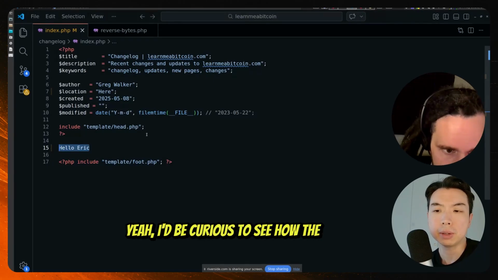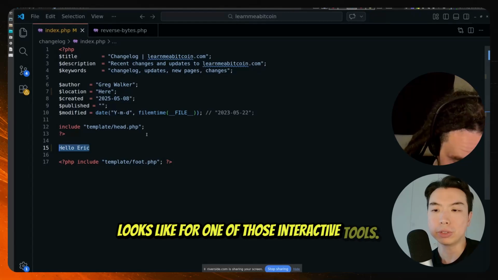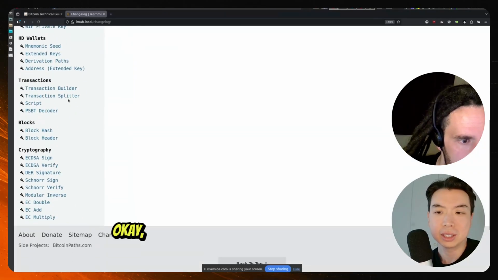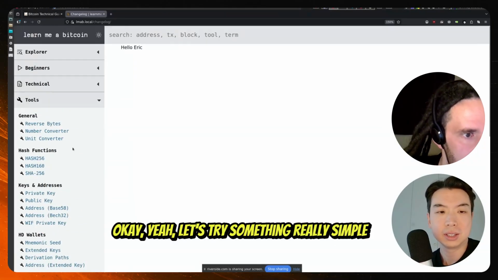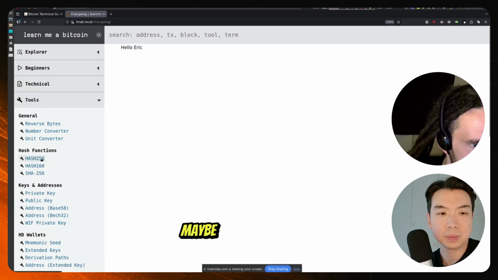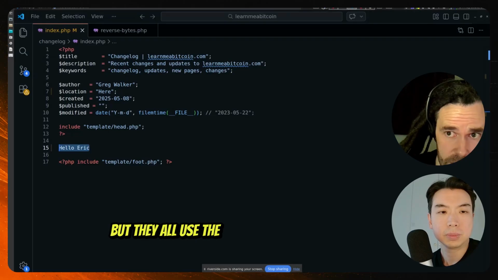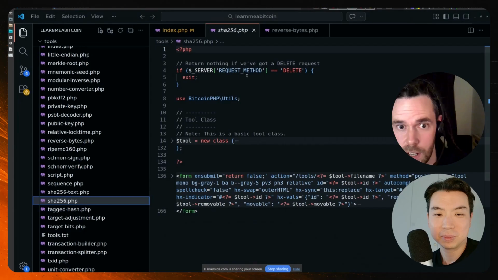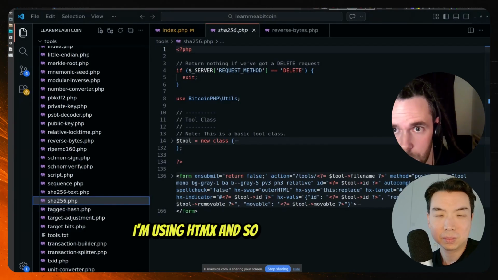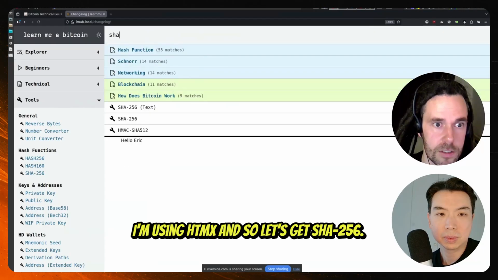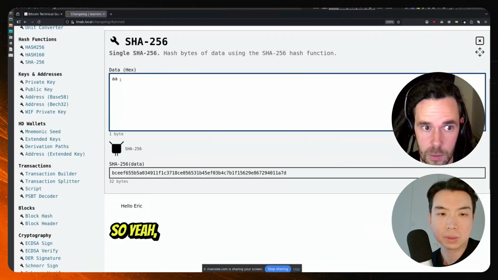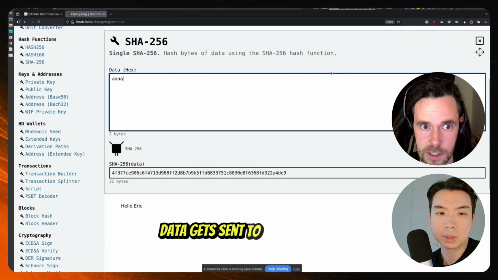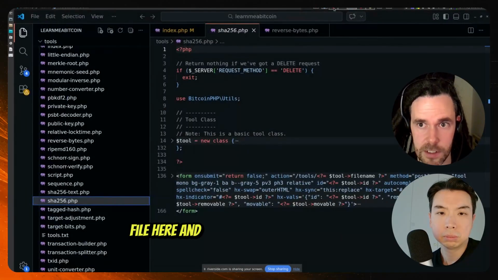I'd be curious to see how the code looks for one of those interactive tools, for example generating a signature or whatever. Okay, let's try and find something really simple to show you. Maybe the SHA-256 one, but they all use the same sort of structure, and they all use HTMX. It's just two parts really. I'm using HTMX, and so let's get SHA-256. Every time you make a request here, this data gets sent to the SHA-256 file here, and then